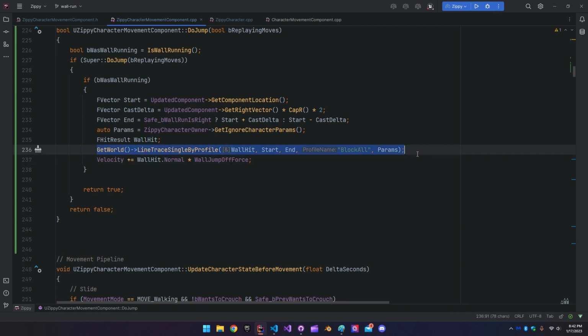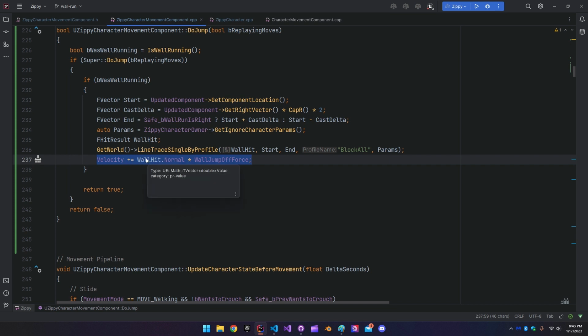We don't need to check whether it hit or not. And then we're going to take that wall hit normal, and we're going to times that by the wall jump off force, which is that parameter we made, and we're just going to add that to velocity. So this whole thing is just adding a little bit of velocity that's away from the wall. And that will make it so that it looks more realistic, like we're pushing off the wall for the jump,